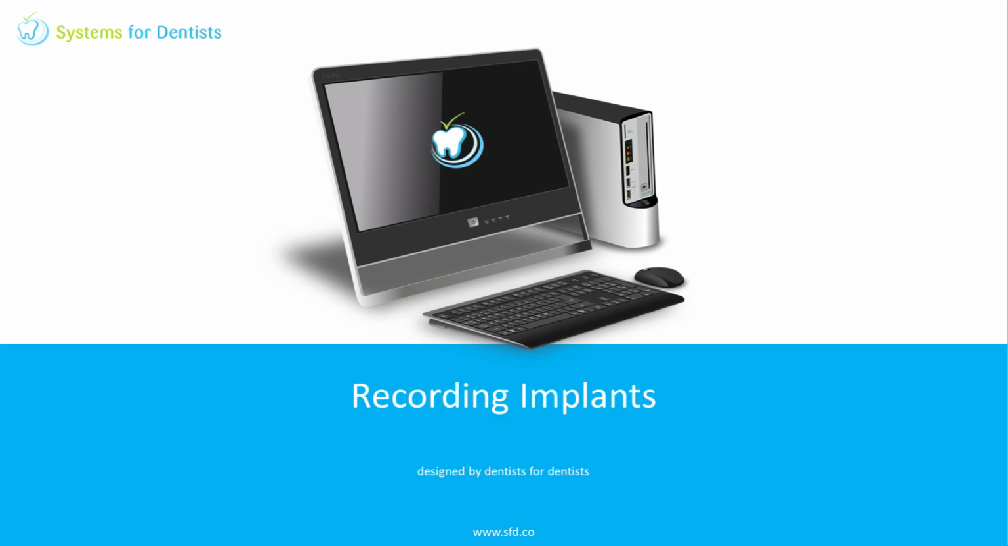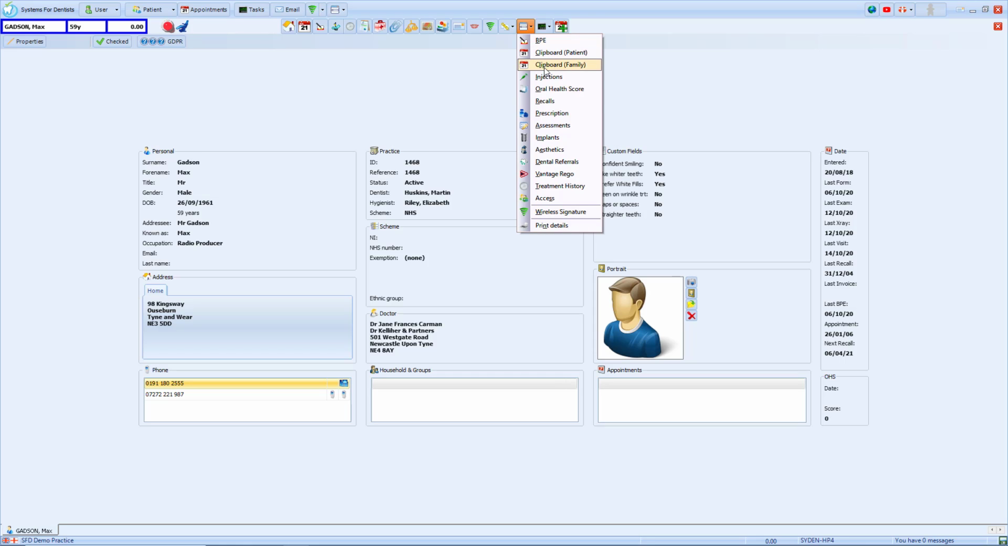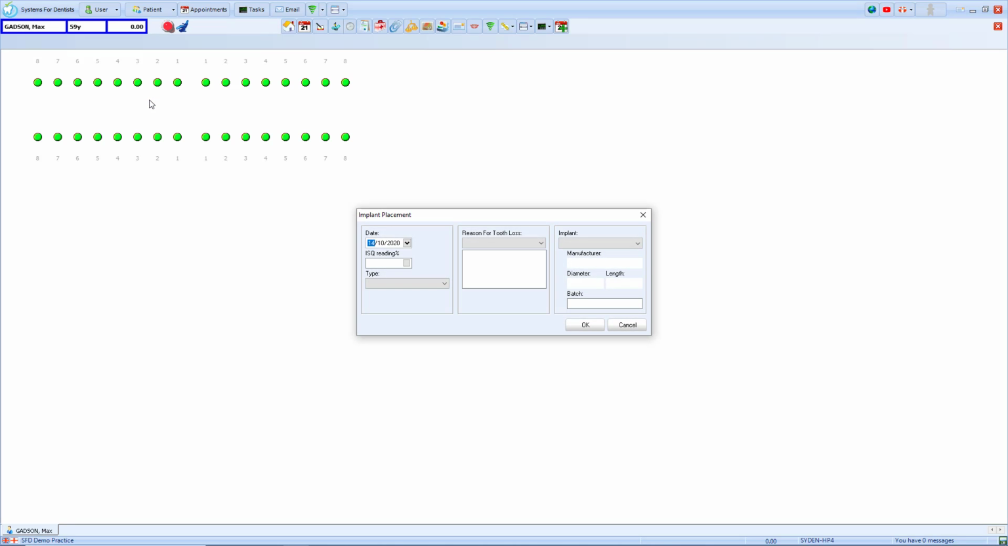Now on a patient's record, we also have additional treatment options. From the patient home screen, we can access our additional options, and within there you'll find implants. Now by clicking on the location of an implant, I can add a new one to the chart. From here I can then set my implant placement properties, such as the date, the ISQ reading, the type, the